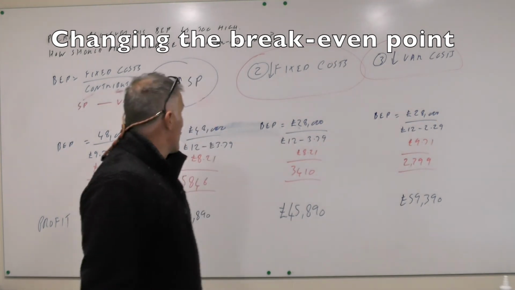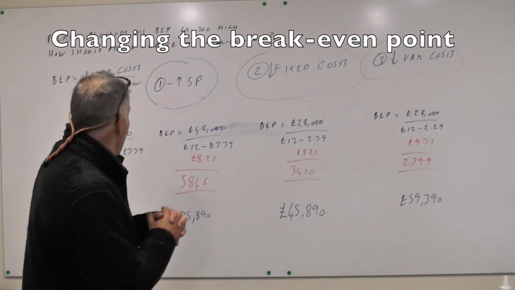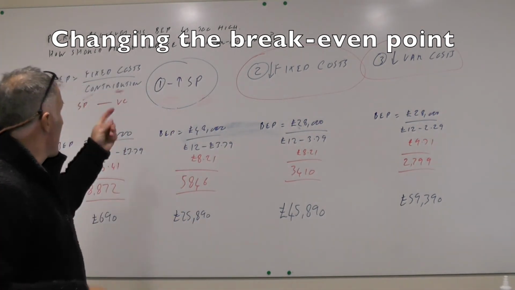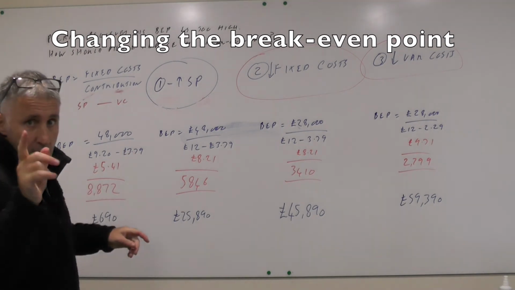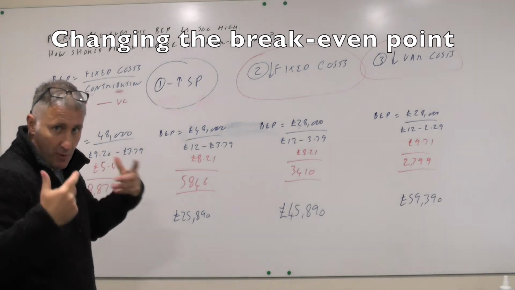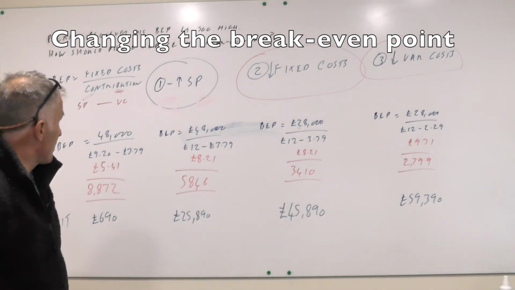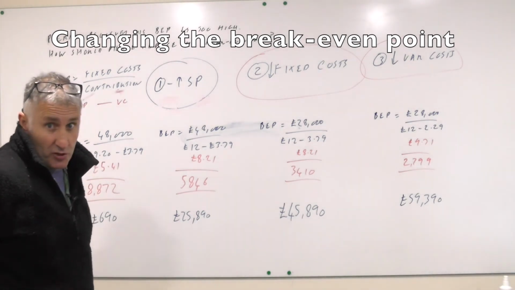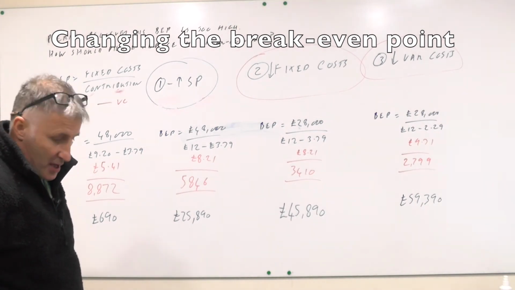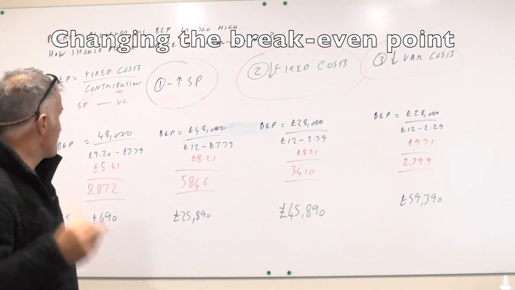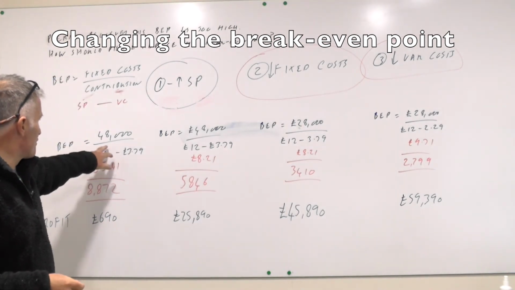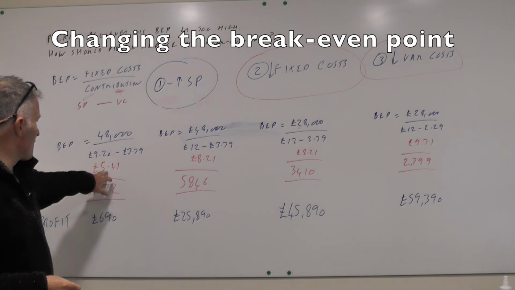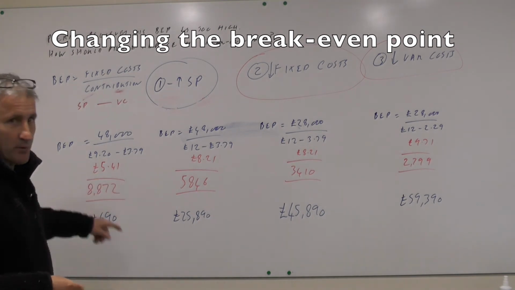So we're having a quick look at the break-even numbers again, and Pierre believes his break-even point is too high, so how can he reduce it? Remember, we taught the same equation. The break-even point is equal to fixed cost divided by contribution. The contribution is equal to selling price minus variable cost, and here we're going to be faced with three different scenarios. So originally his break-even point is 48,000 divided by £5.41, and his break-even point was